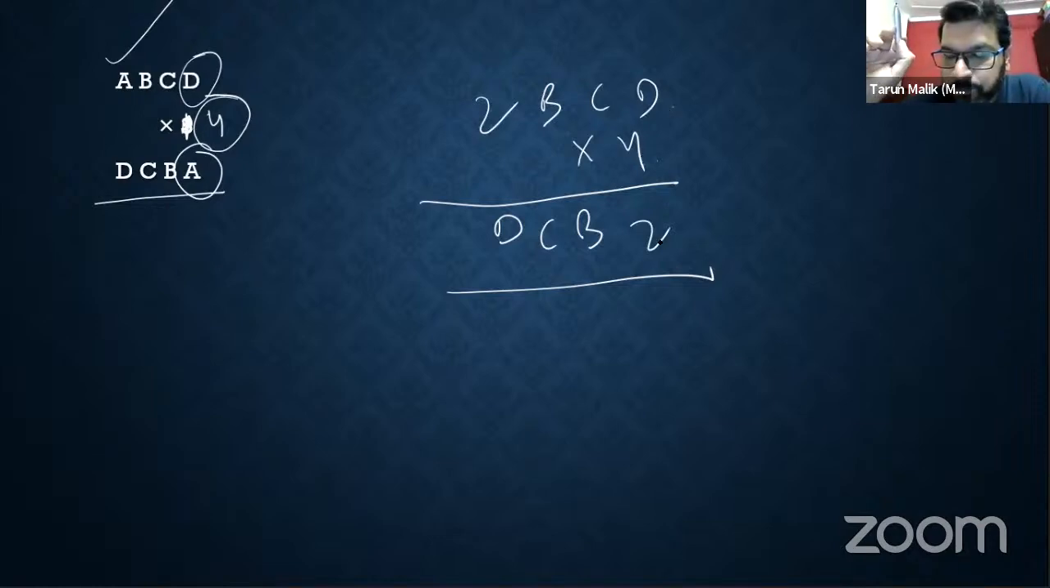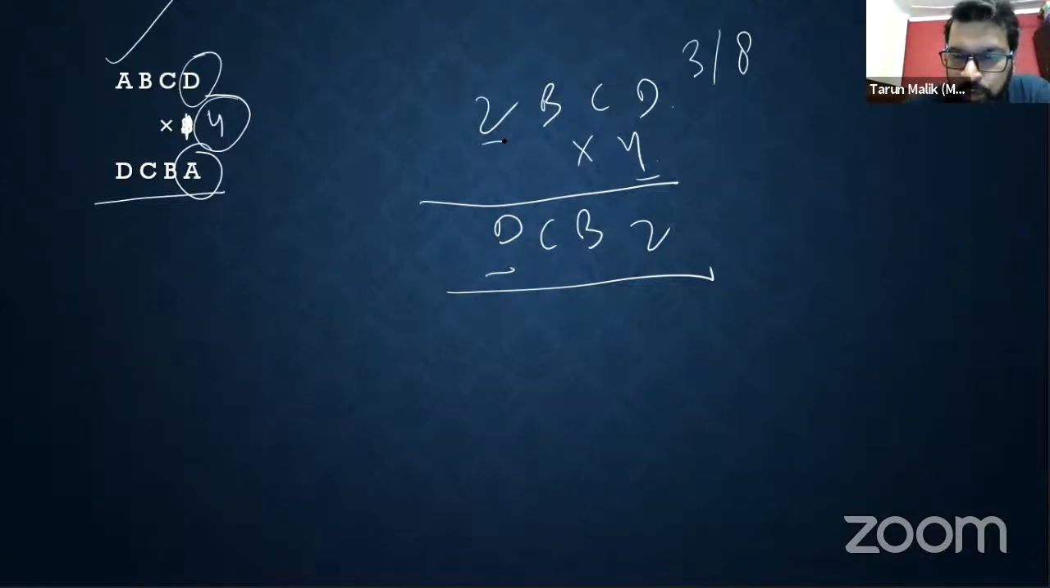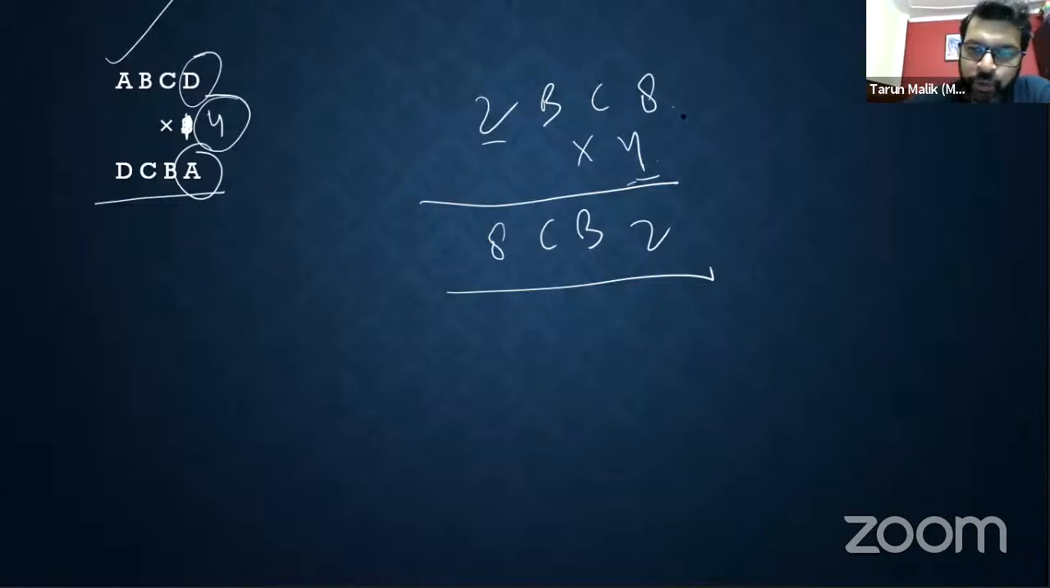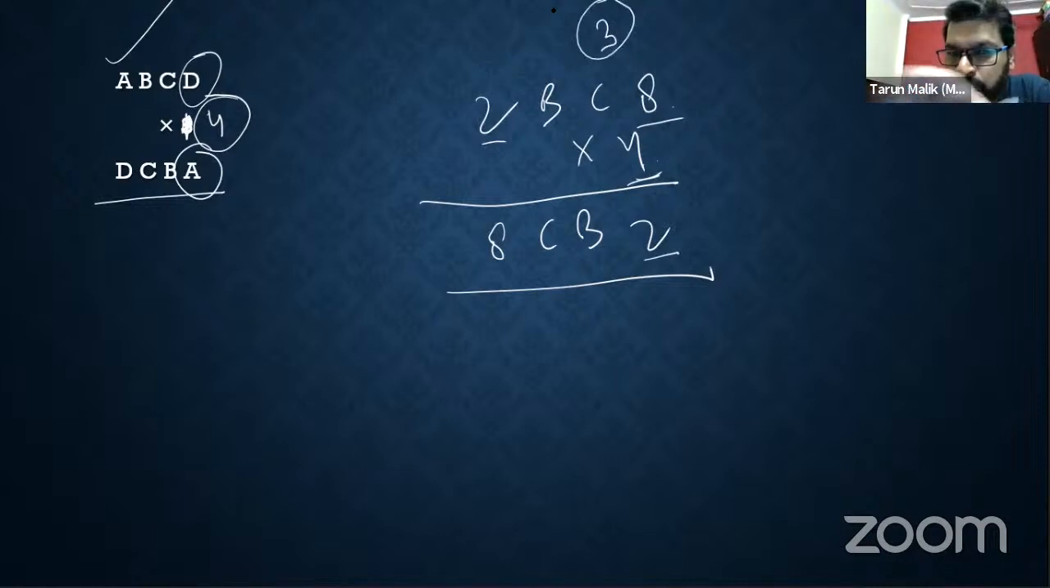Now, 4 into what number gives you 2? Either 3 or 8. So D is either 3 or 8. And D is here also. When you multiply 4 with 2, can you get 3? No. So D cannot be 3. So D has to be 8. So 4 into 8 is 32. 3 carry forward. So 4 into C plus 3